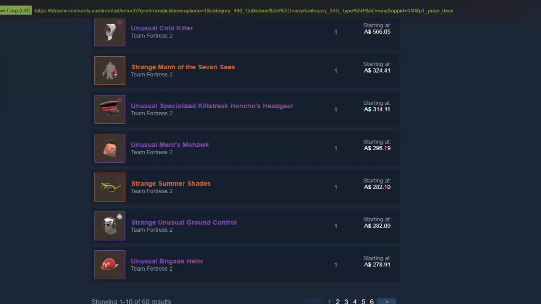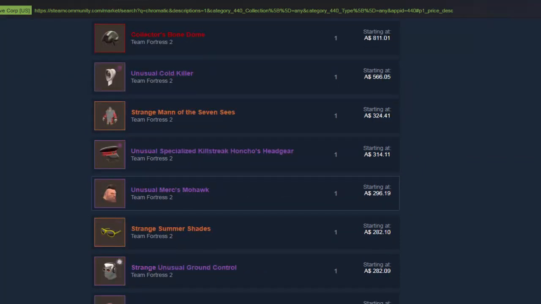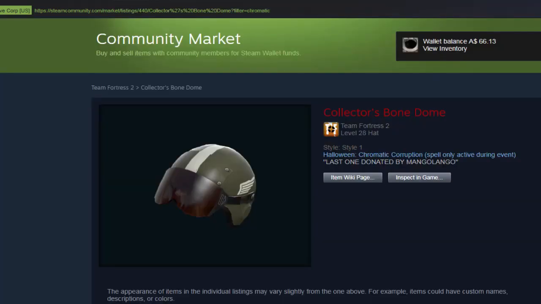This is just looking at the Steam market. I've searched for, if you can see here, chromatic aberration for spells and what's available. And there are 6 pages of items. And interestingly here, there's a collector's bone dome, which is